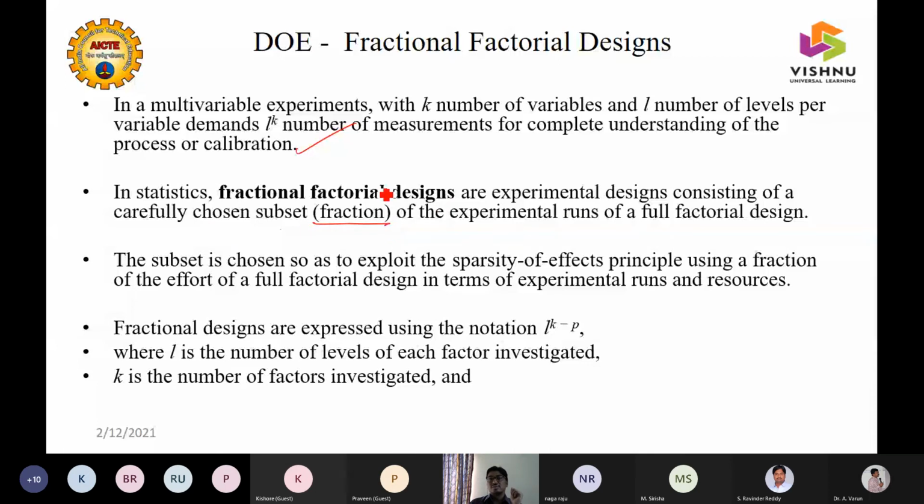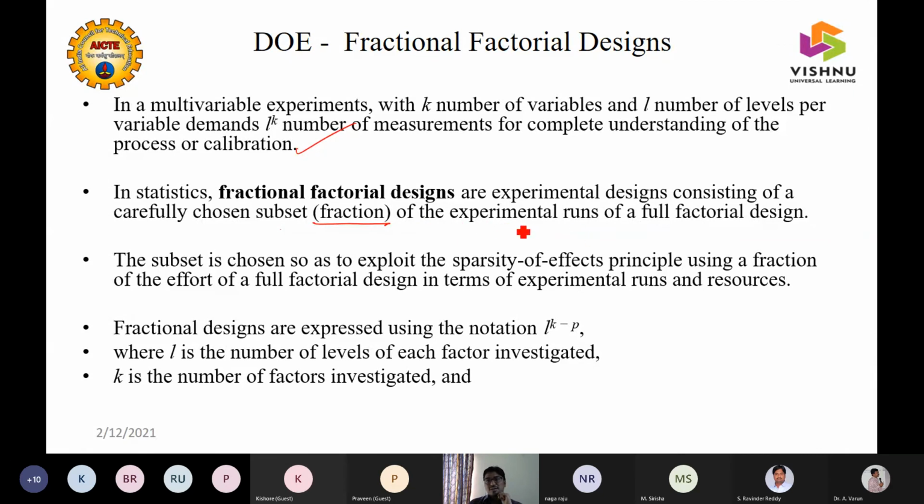Often a subset. So we need to carefully choose at which levels you need to do the experiments. In full factorial design, you don't need to do all this, but yes, you need to check correctly which set of things I can go with. If this is the number of experiments I'm getting with fractional factorial, okay, with that, can I get the output and all these things? You need to check. A careful observation is required.